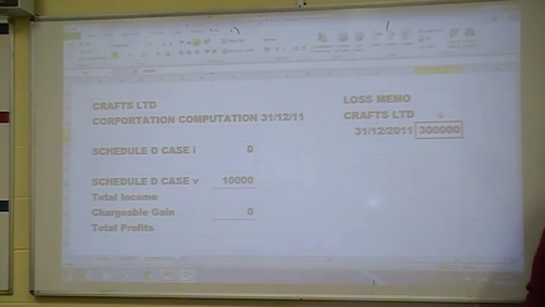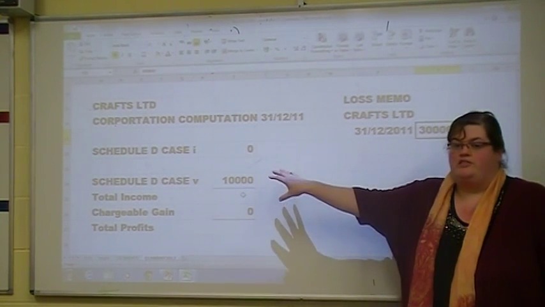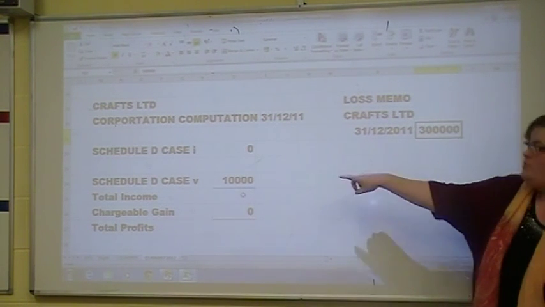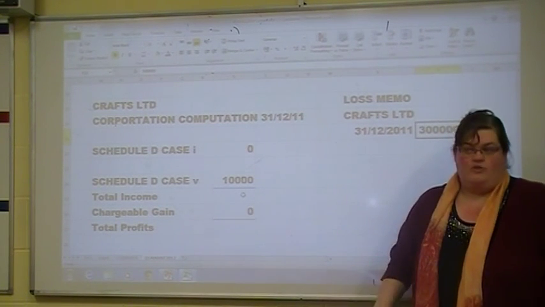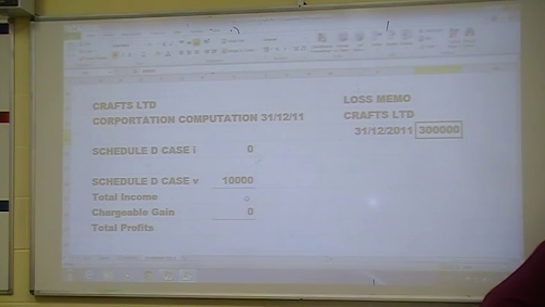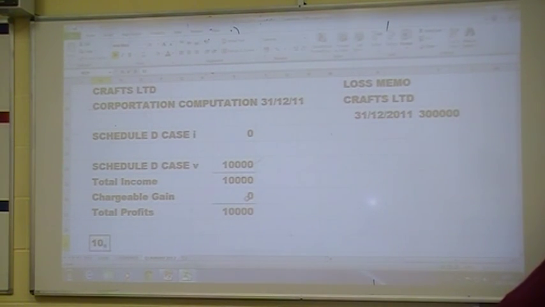Okay, so our first job for this 300,000 is to utilise it inside in crafts first. We're dealing with a group, so you utilise it inside in the company you have first. He's got a loss of 300,000, so we're going to put it against this 10,000, but because it's a case 5, we have to do it on a value basis. So you'll be taking our total income of 10,000, giving us total profits of 10,000. So that 10,000 at 25% is